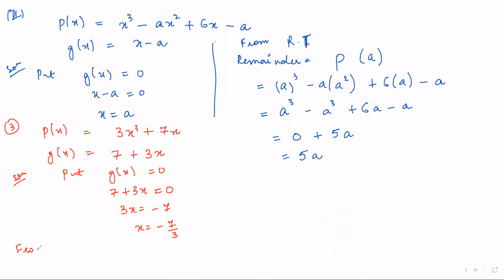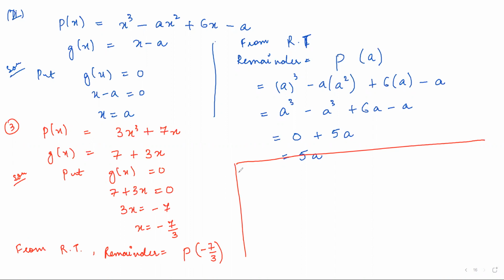So from remainder theorem, your remainder is equal to the value of polynomial at minus of 7 by 3. Clear? So let us find out. So remainder is equal to, now in your polynomial, put this minus of 7 by 3 whole cube plus 7 into minus of 7 by 3, right? So 3 into, now power 3, so 1 minus will come, right? And 3